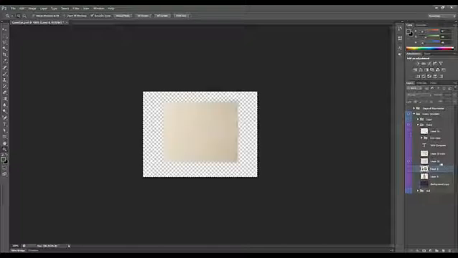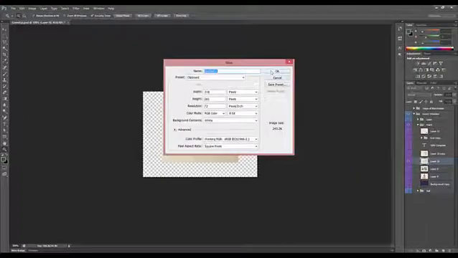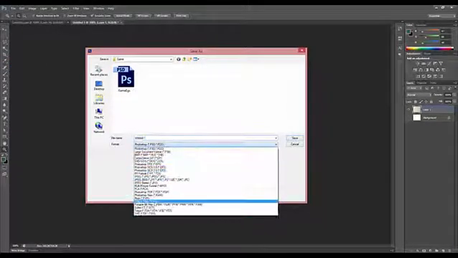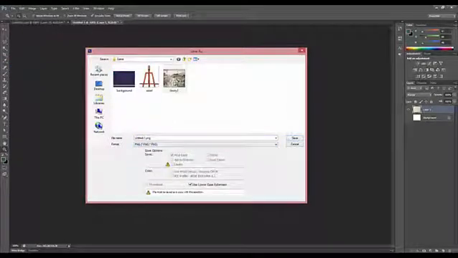And then finally, well not finally, last but not least, canvas. Control A, Control C, Control, oops, not V, Control N, and then Control V. Hide the white background, File, Save As, and you'll notice now, this is a process you do over and over again. This is what we call a workflow.